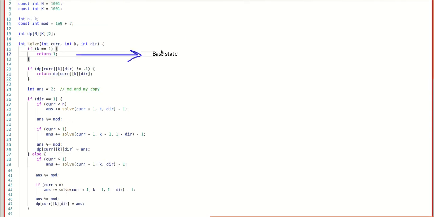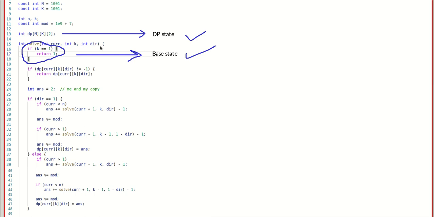Okay, let us mark this also. This was our DP state, and the transition is left. As I already told you, there are three main steps in DP: the DP state, base state, and transition. So let us see the base state first. If k is 1, then return 1. What it is doing over here is, if a particle of decay age 1 is available here, and right now it is striking a plane, then just return 1. Why? Because it will not create any further copies, and this is the only particle which is moving. So it will not create any copies, and wherever it moves, we don't need to worry about that. We can just return 1 because that is only one particle. So this was the base state.